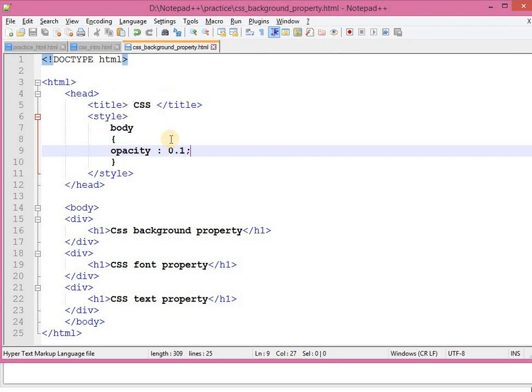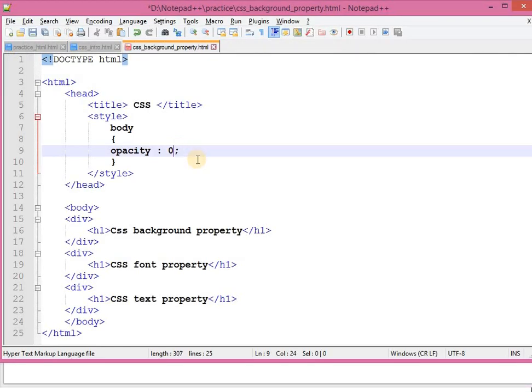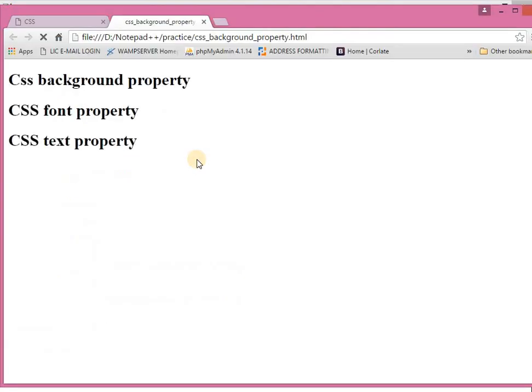So this is how you can set opacity. The maximum opacity value is 1, which is the default, like our original one. Opacity is just to make your element transparent.